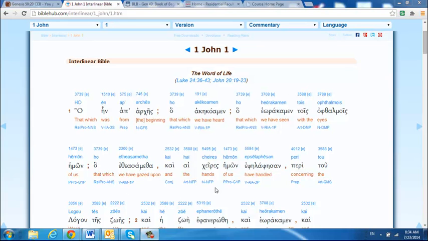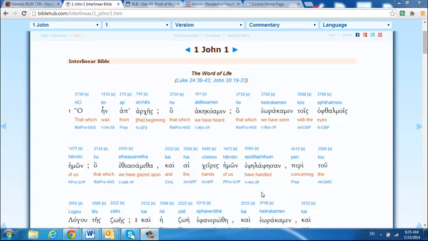Kai hai cheires hemon epsilaphesan, and the hands of us touched, handled. Again, he's gone to the default aorist. This is nominative, hai cheires, so it's the subject. The hands of us, genitive of possession. They're our hands. The our here, I think, is probably somewhat of a